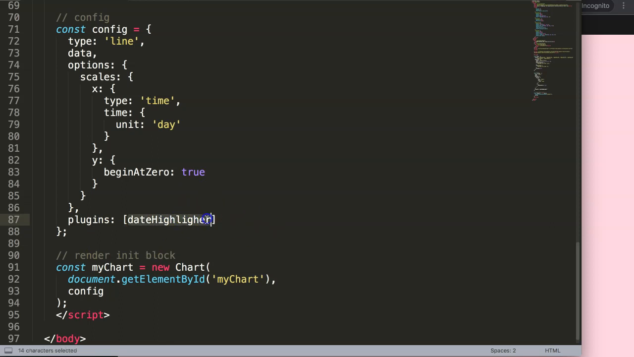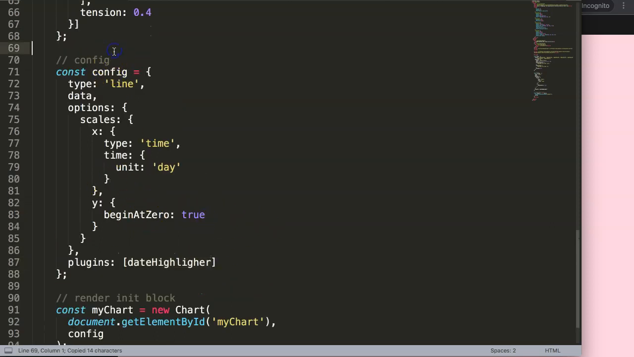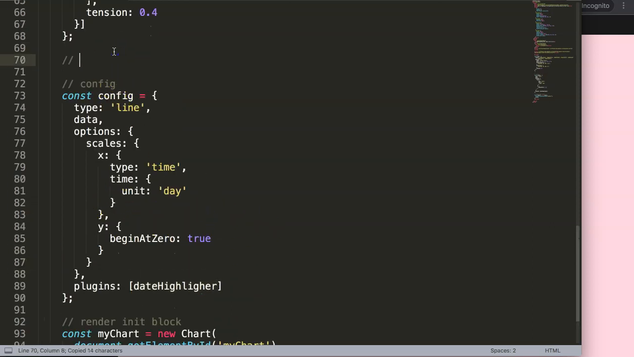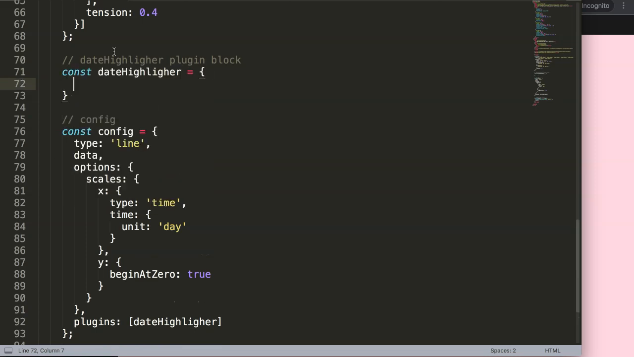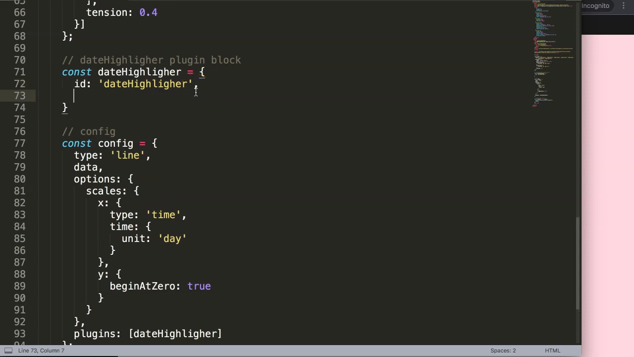Highlighter, am I correct? That's correct. Alright, copy that. Now we have this object, so we're going to say here the date highlighter plugin block, and then in here constant dateHighlighter equals, and then we say id equals the dateHighlighter here, comma, and then